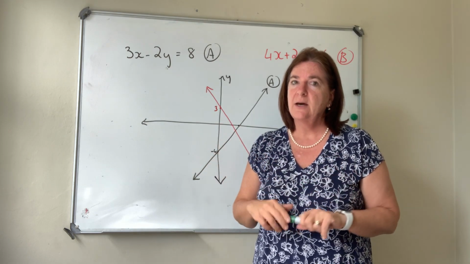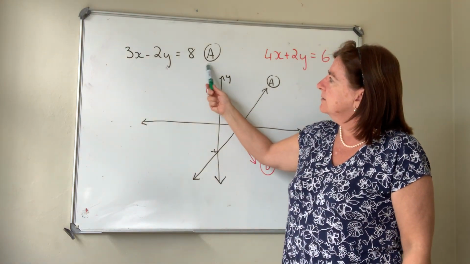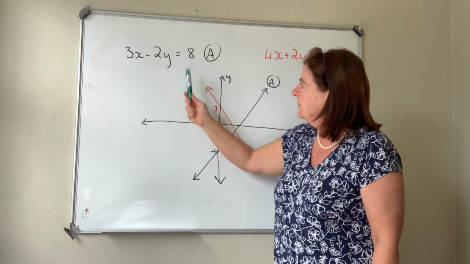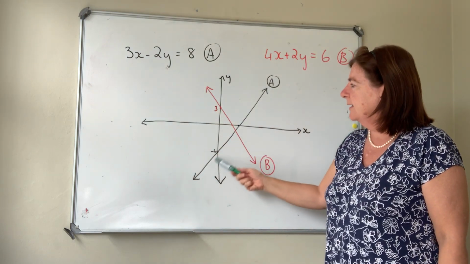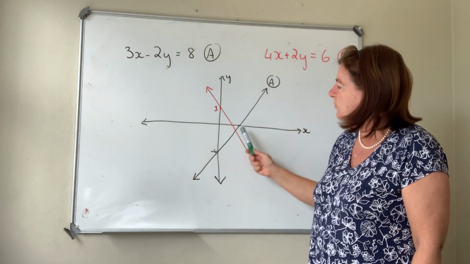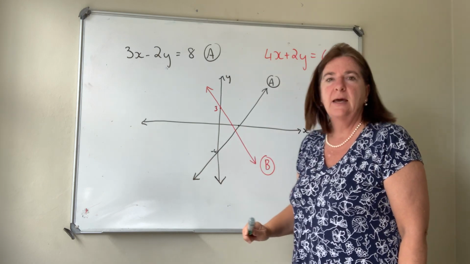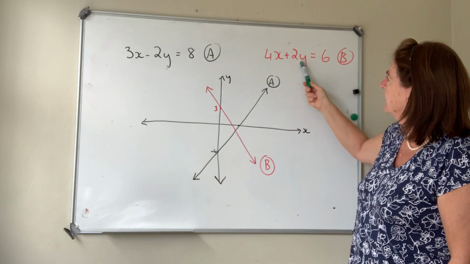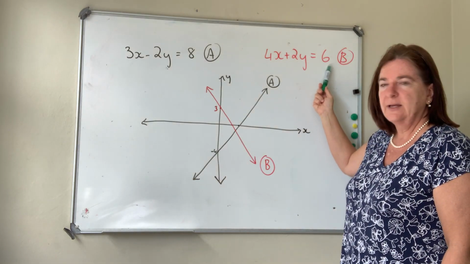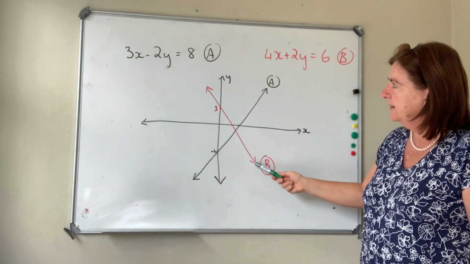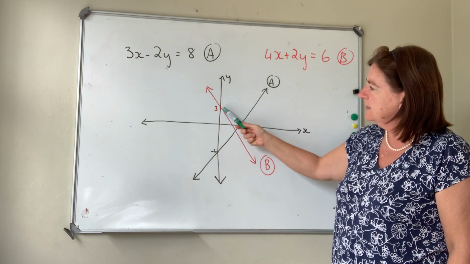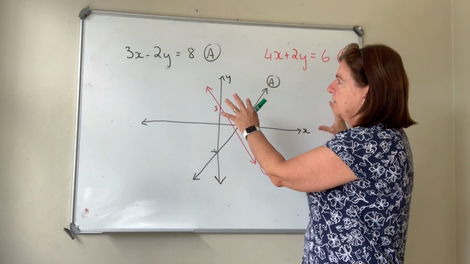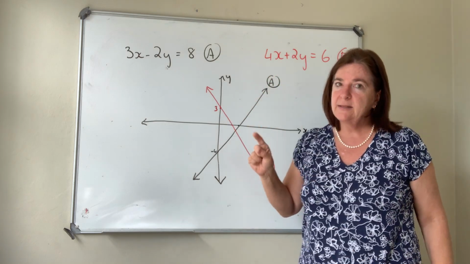represented graphically. So if we look at this equation here, that, if I represent it graphically, is a straight line A here. Remember, you have your x-intercept and your y-intercept. Then if we look at equation B, which is here, that represented graphically is the red line here with your x-intercept and your y-intercept. So now if we draw the two graphs, remember there's only one x and one y